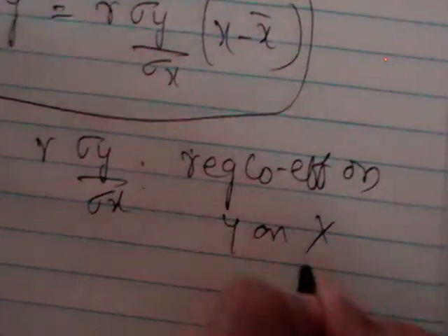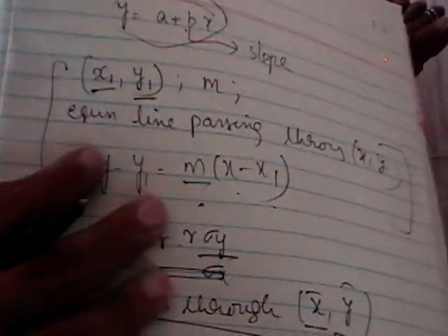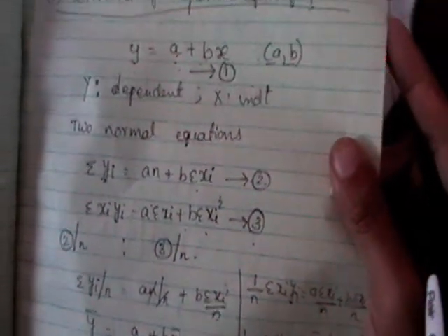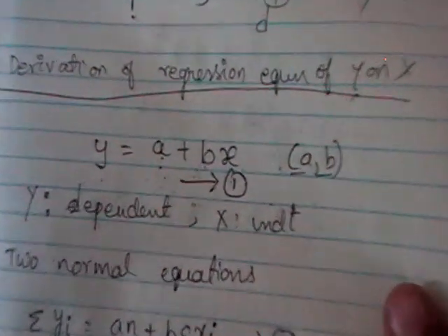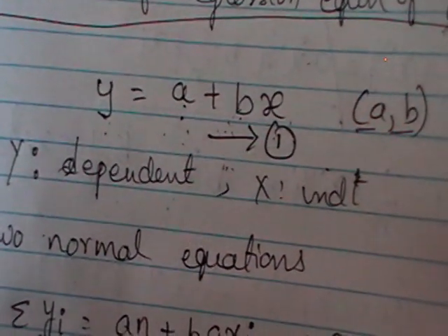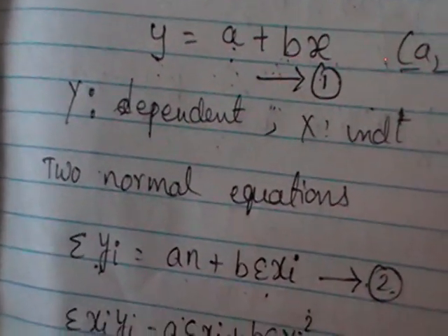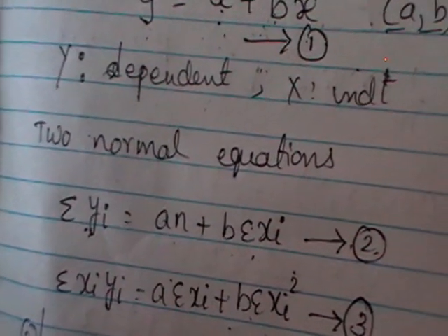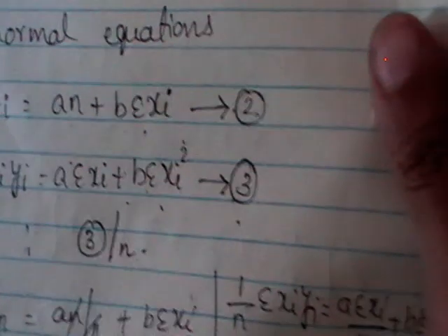Okay, so again I'll explain briefly. You'll have two regression lines, the regression equation of x on y and of y on x. For y on x, you'll consider y is equal to a plus bx as the regression equation, and the left hand side variable is always the dependent variable, the right hand side variable is always the independent variable. So you need to find these regression lines. You can find a comma b, or if you can find the slope of the equation, you can write the equation of the line also.